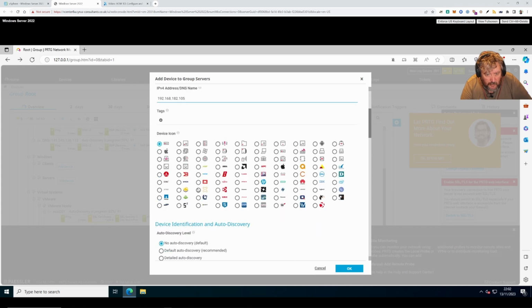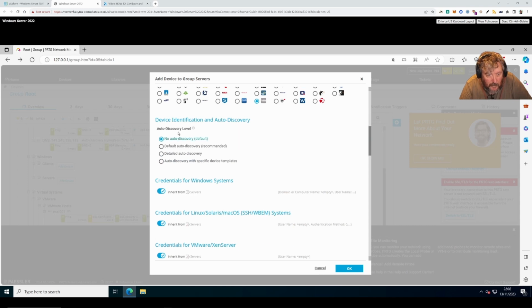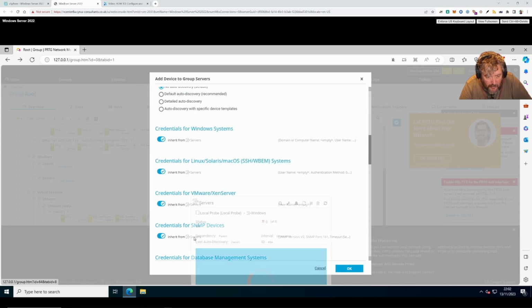IP version 4, I know its IP address. I get to choose a device icon. Is there something that looks like a VM, or is there something that looks like a Microsoft logo? IBM, HP. I'm just going to use a VM logo. No auto discovery, and I've got some credentials